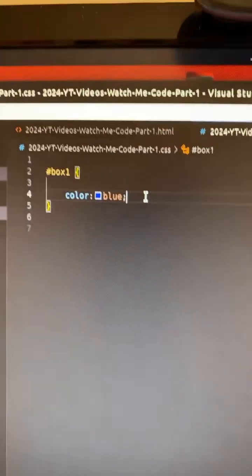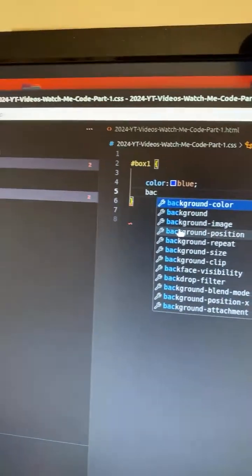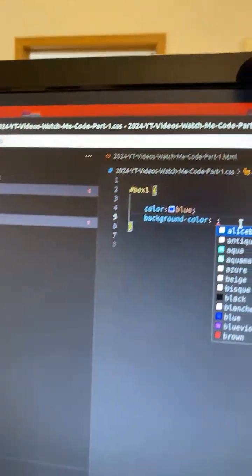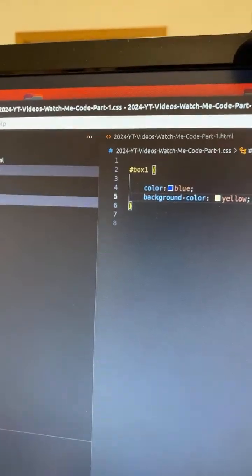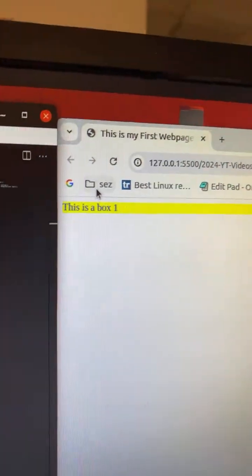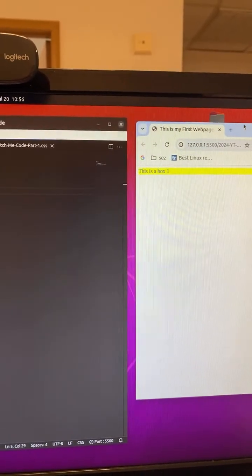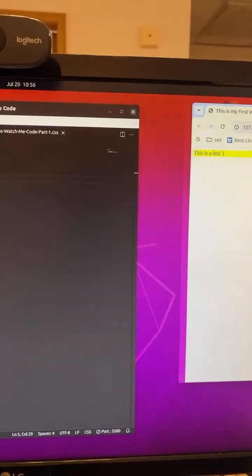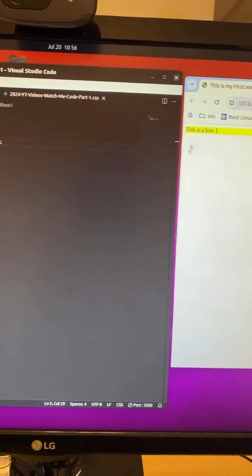So I go to the code here, and I hit enter, right? And I enter background color. Let's say I want it to be yellow, and I hit yellow, and if you notice, the background turned yellow. This is why it's called live server. It means every time you change the code, it's gonna update automatically here. And this extension is called live server. What it does, it produces the output of the code on the screen here